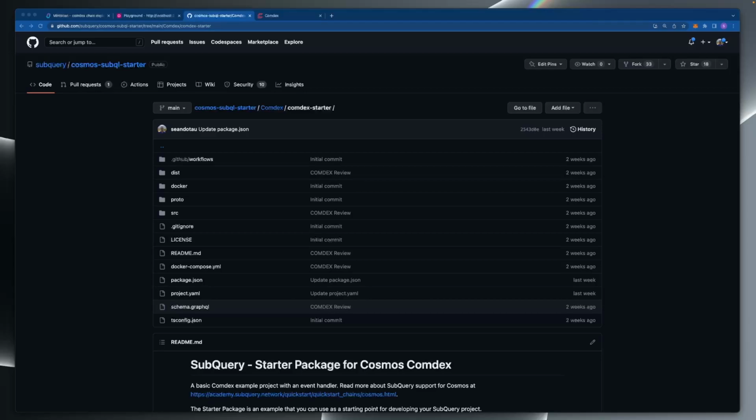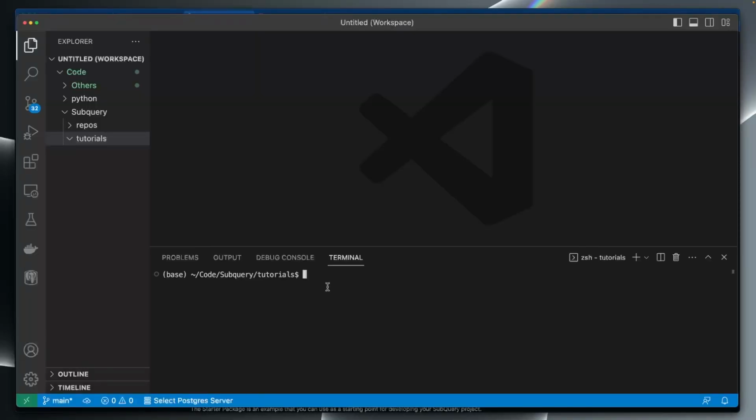This SubQuery Comdex starter project indexes all delegated rewards. In other words, the rewards paid from validators to delegators. So let's get this going by jumping into VS Code, and we'll run subql init, and then we'll call this,